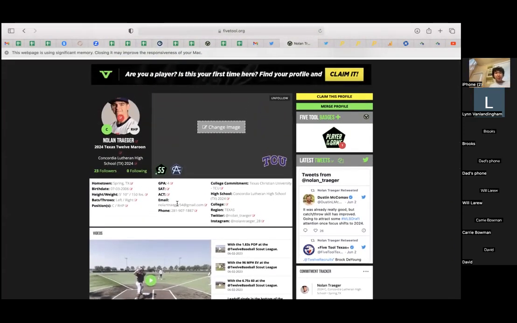And just a couple of specific details about the premium profile. Whether you have one or not, this information right here will be hidden. No one will see your phone number, email address, or your academic info except those verified coaches. And like Dad said, we are very serious about verifying those. There is not a single person that gets access to a scout package if we don't know 100% for sure that they're with a pro team or a college. And same with birth dates. Those are hidden also.